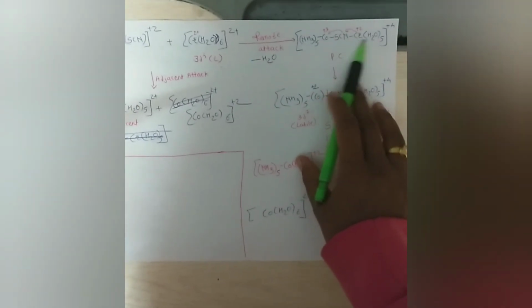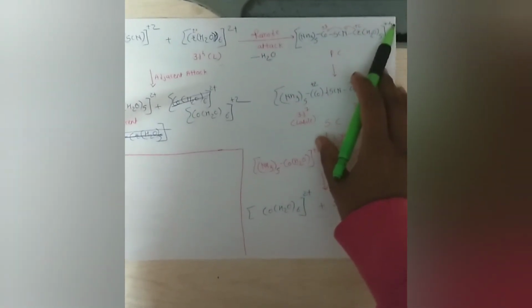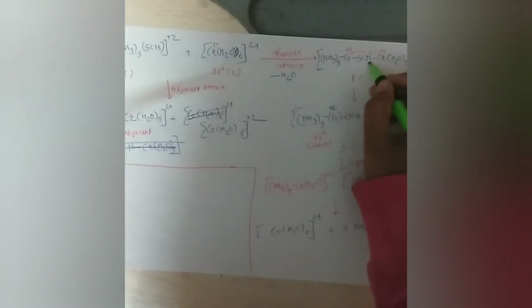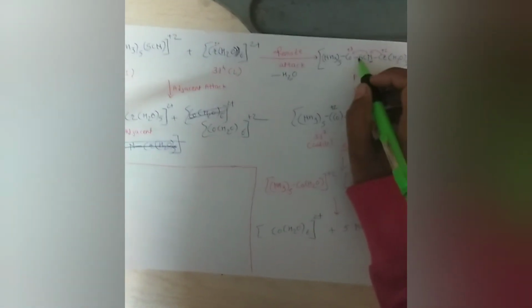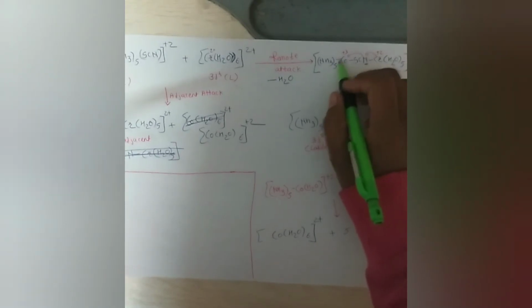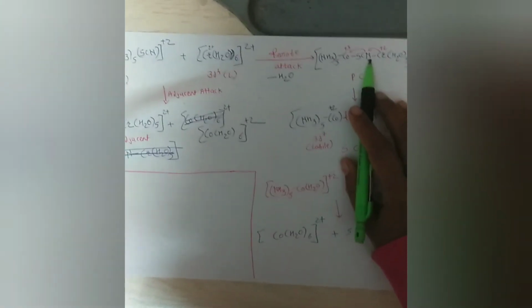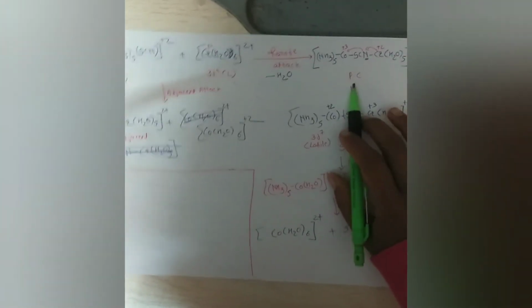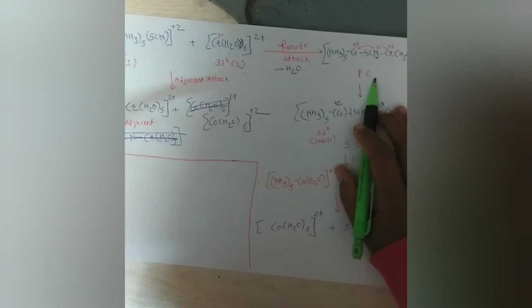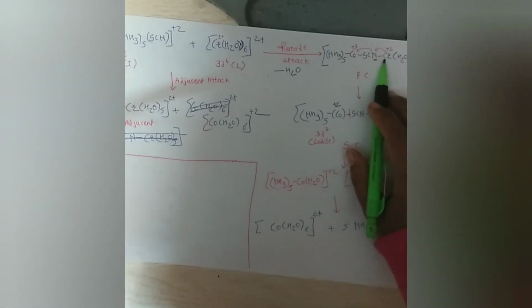NH3 CrH2O5 4+. See here, the nitrogen should be attached to the chromium and sulfur should be attached to the cobalt. So here the bridging ligand is thiocyanide and the attacking site is what? Nitrogen. Now after generation of the precursor complex, there is transfer of electron from the chromium to the